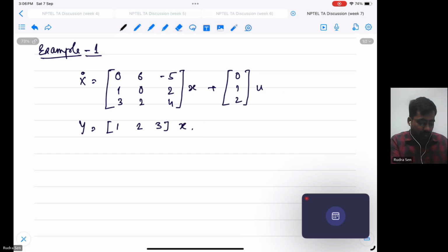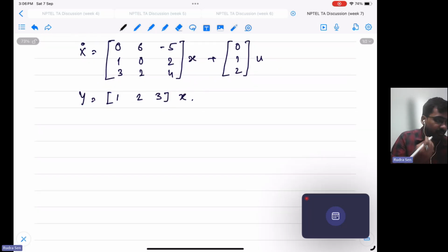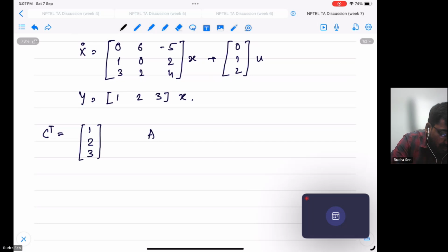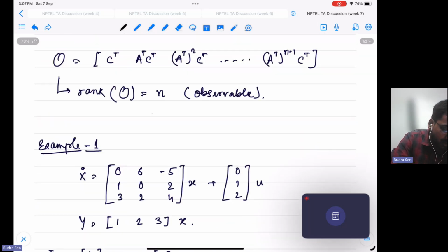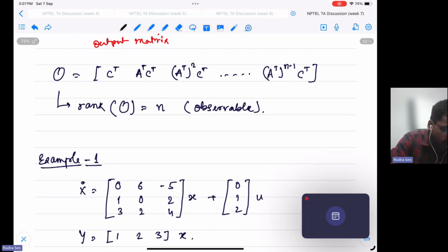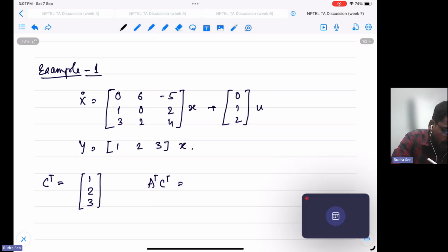Now we find the observability matrix. For the observability matrix, this is the C matrix, so C transpose would be 1, 2, 3, right? Now you have to find A transpose C transpose. What is A transpose C transpose? Or rather, you could either use this form, or you can use